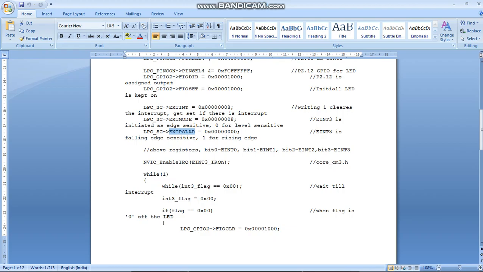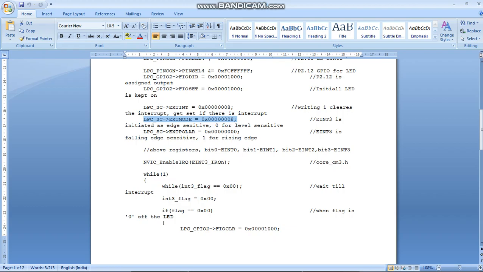By this statement it's going to clear the interrupt, where we write logic 1 in order to clear the interrupt. And by this statement